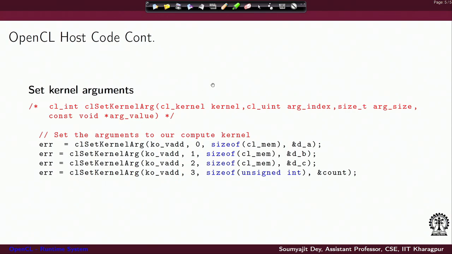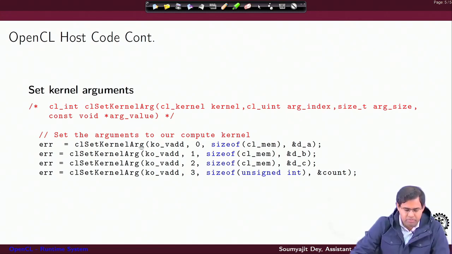Now the other thing we will do is pass arguments to the kernel. If you remember, you have the vector add kernel available, and this is the kernel object that we created with the build kernel commands discussed earlier. For this kernel object we create the argument list by calling this function as many times as there are arguments. You want to provide the two input buffer pointers, the output buffer pointer and the number of elements bound. That is why you have 4 arguments and these multiple calls.